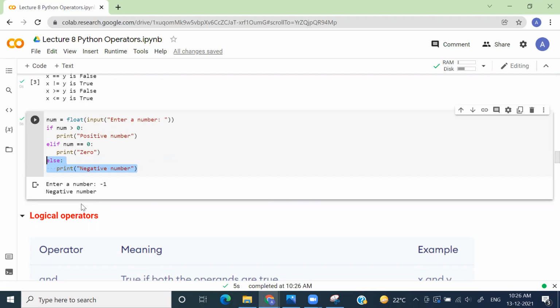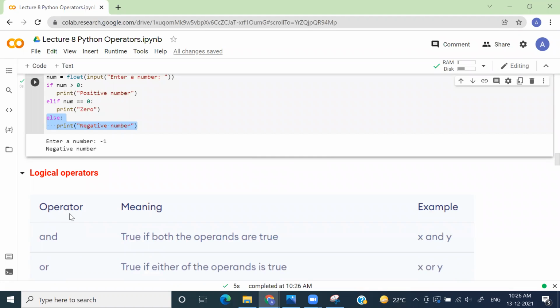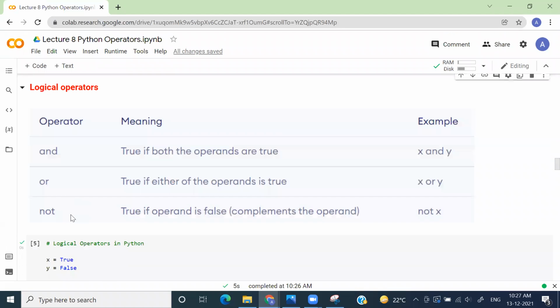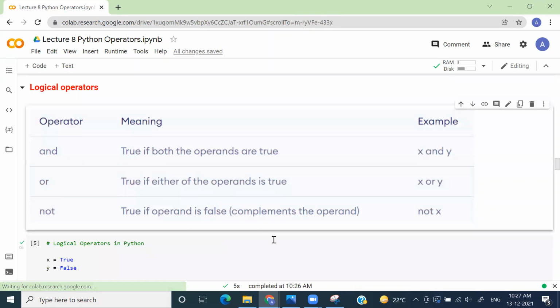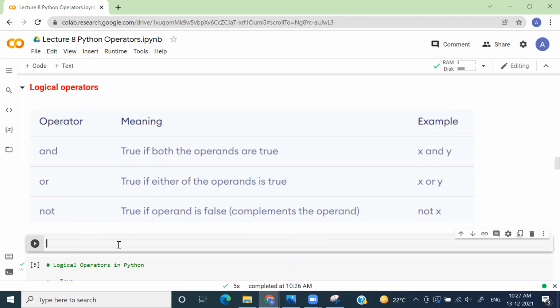Now coming to the third kind of operator, which is the logical operator. Okay. So logical operators will also give you output as true or false. Basically in Python or any other programming language, we mainly have three kinds of logical operators. One is called the AND operator, the other is called the OR operator, and the third one is called the NOT operator. Okay. So what happens in this AND operator is,